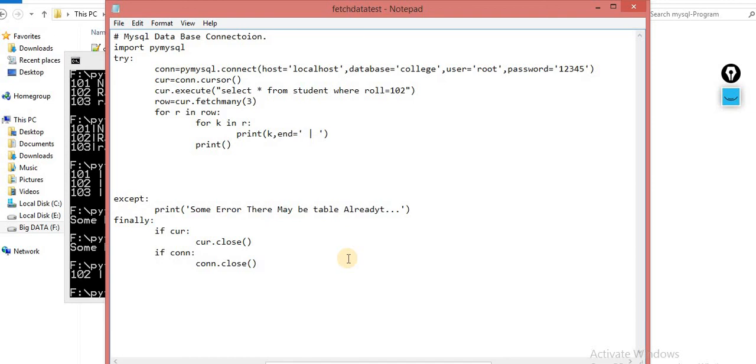Okay, so let me show you one code. Understand the requirement first, then I will